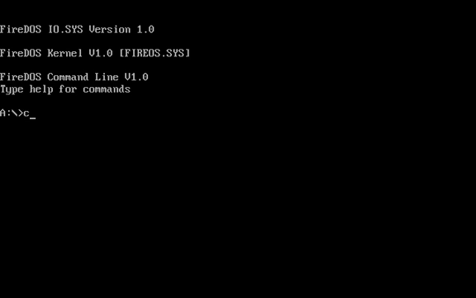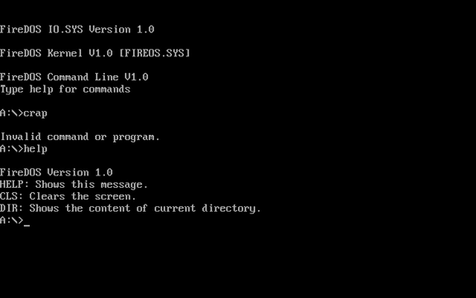If I just type crap, it's just gonna show invalid command or program. If the command is wrong or there's no such program as crap, then it's just gonna show this message. If I type in help, it's gonna show FireDOS version 1.0, and help shows this message. CLS clears the screen, and dir shows the content of the current directory. So if I just do CLS,